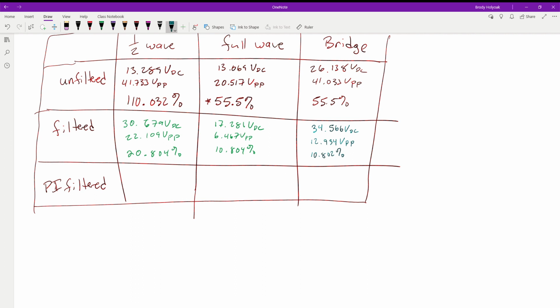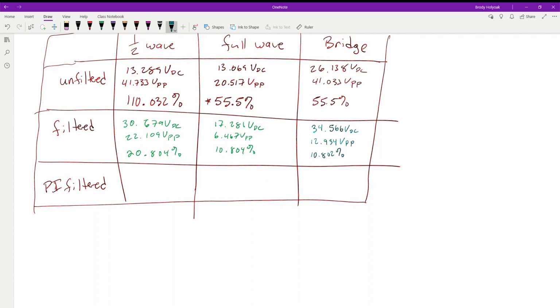our ripple percentage is, and we want that ripple to be as low as possible. So the full wave and the bridge are both full wave rectifiers. The bridge just does it a little bit differently. It gives us a larger output to use. But sometimes there are cases where we want this one. Maybe if we're designing a power supply that we only want to produce, let's say, 15 volts instead of 30 volts, for example,